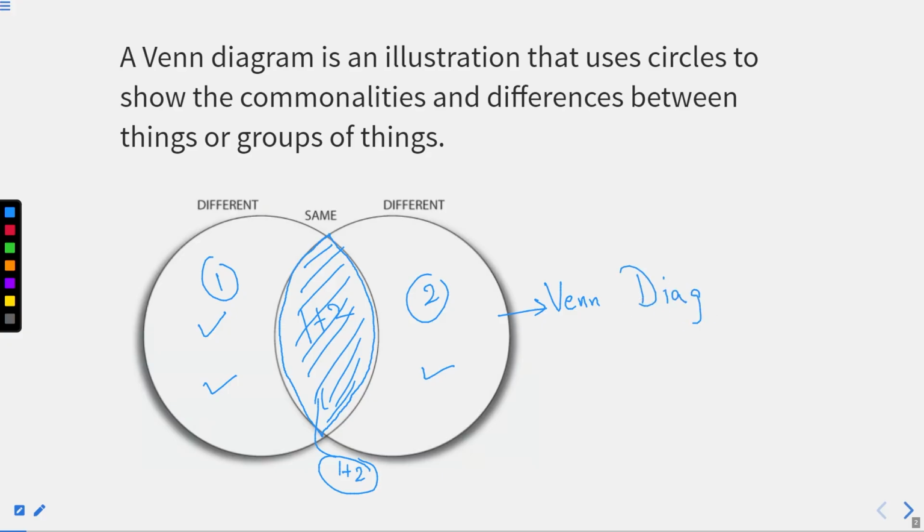So today in this chapter we are going to deal with some representations of things with the help of Venn diagrams, right? For that, today we are going to deal with 11 different questions where we are going to talk about 11 different groups of things, which will be represented with the help of these circles. And now you have to answer them. In the exam, you may face 3 to 4 different kinds of problems, and in this video we are going to deal with all 3 to 4 different types of problems related to Venn diagrams. I hope you find this chapter well.